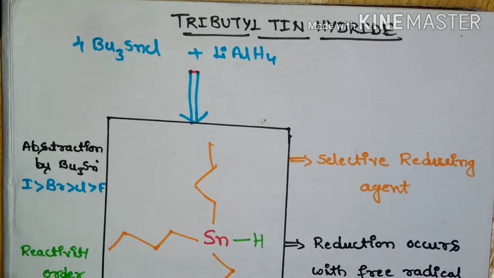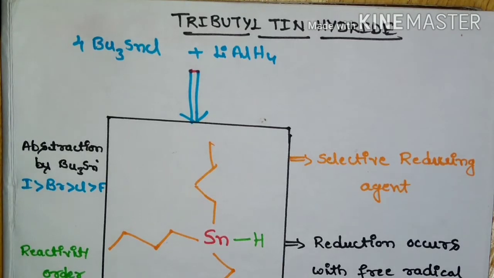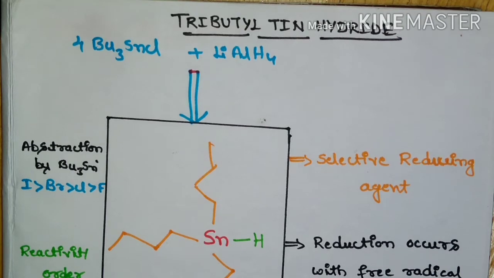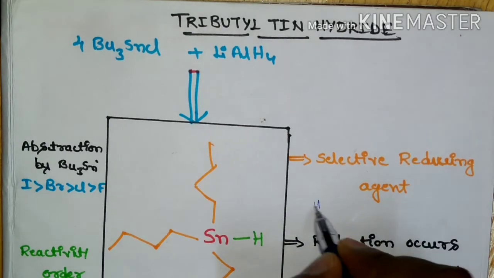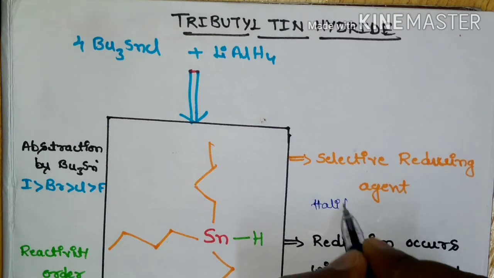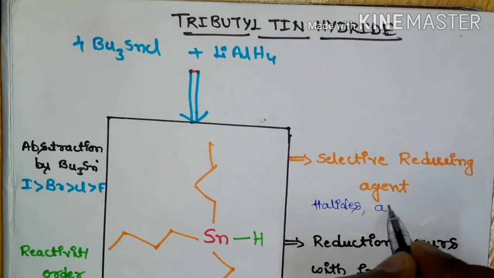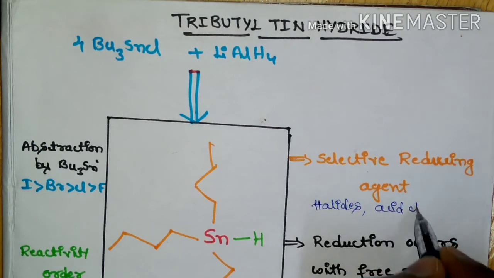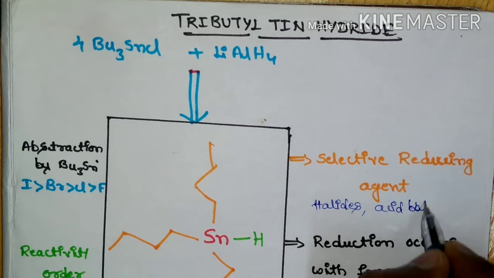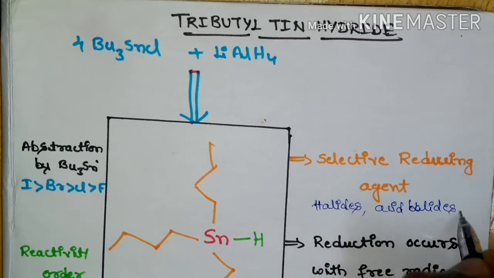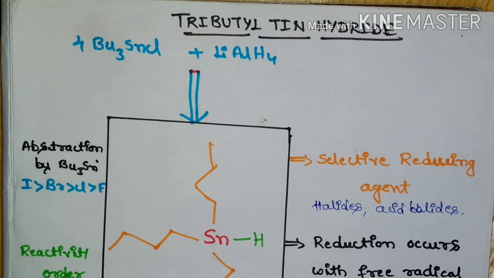Hi students, today I am going to discuss one more important reagent, that is tributyl tin hydride. And this tributyl tin hydride is used as a selective reducing agent for the reduction of halides, acid halides, and